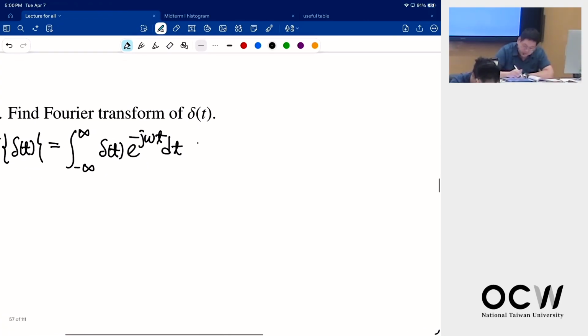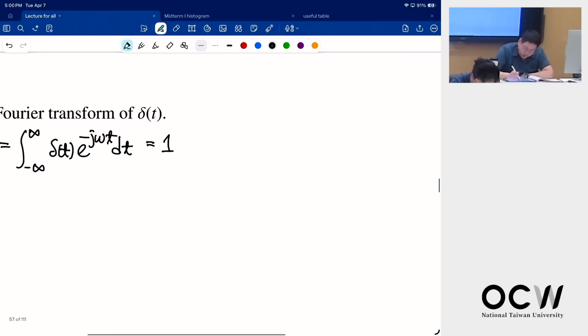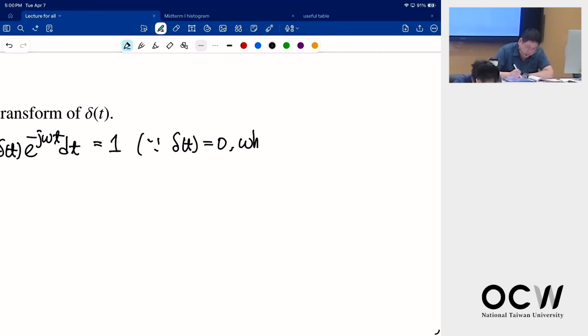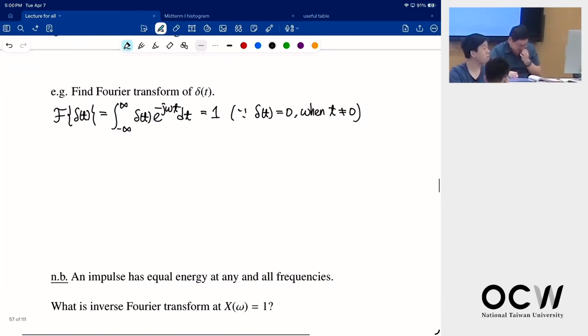So this will be 1, since the delta function is 0 when t is not equal to 0. So if you plot it,